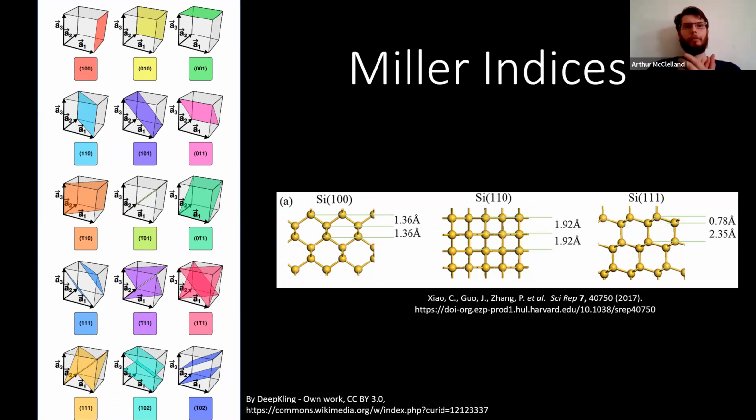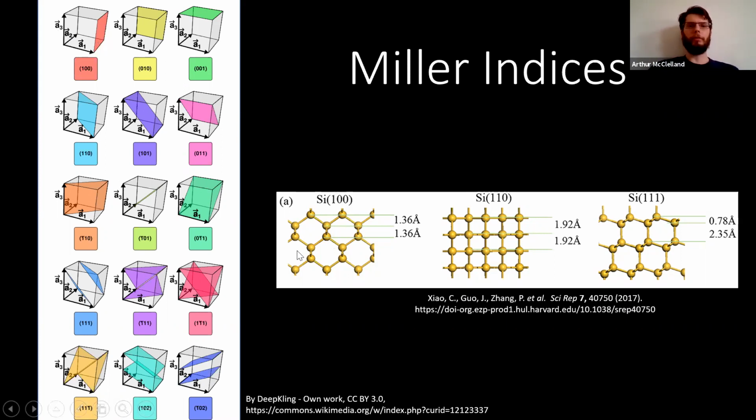While we're talking about silicon and the diamond cubic structure, I want to bring in this idea of Miller indices. So the Miller indices is how we describe the cut in a crystal. So now we have a crystal and we can cut it different ways. And if we take that silicon or diamond, that diamond cubic structure, and we cut it what's called the 110 face, here we have our lattice cube, and the 110 face would be this face over here.